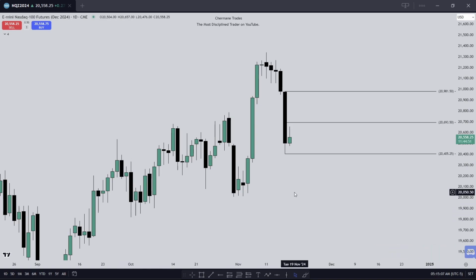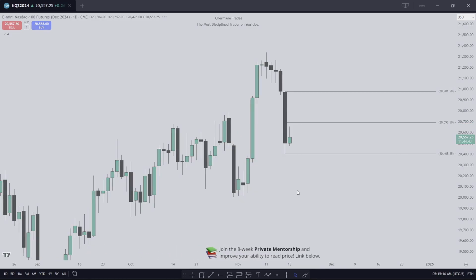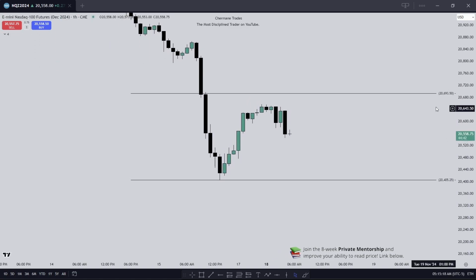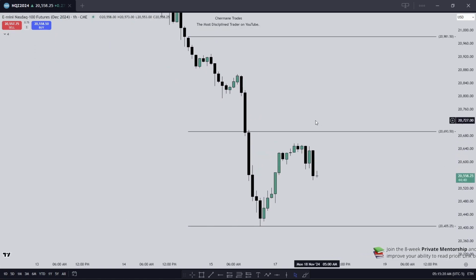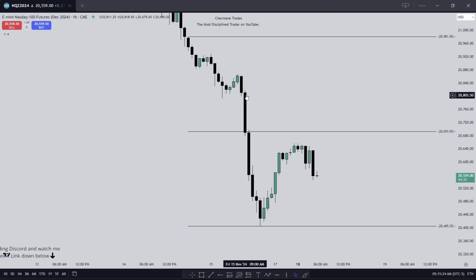Not saying it's going down there, but that is the bias I'm going with into next week. So with this logic that we don't want to see the upper half traded to, or at least not spend a lot of time there, let's drop down to an hourly chart. All of this is in the weekly forecast I shared on Twitter. This fair value gap up here, I shared that I don't want to see this traded to. Preferably, I want to see this fair value gap stay open.